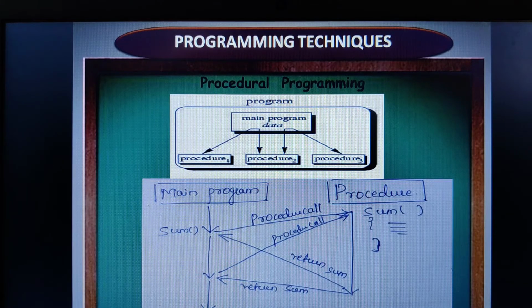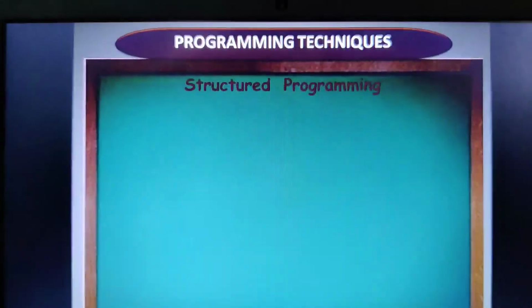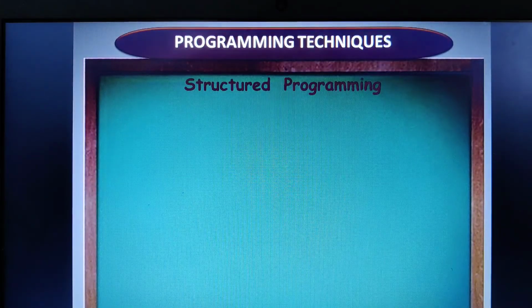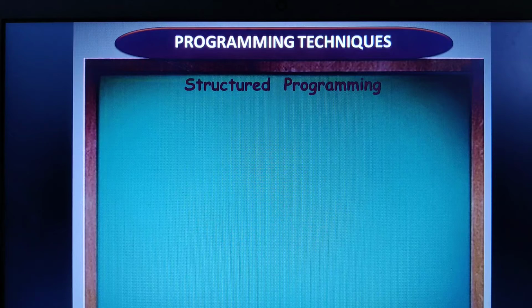Moving on to the next topic, that is structured programming. One example of procedural programming is the structured programming language. Now what exactly is structured programming? Structured programming language is the same as the procedural programming language, but structured programming uses well-defined structures, such as conditional statements, looping statements, structures and subroutines. This structured programming language mainly concentrates on the logic as well as the code.